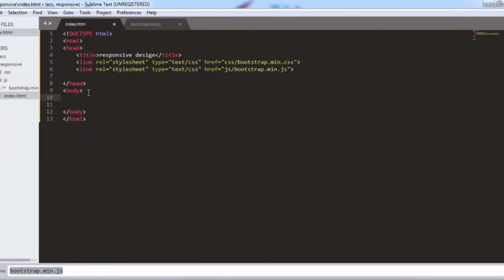And now we will enter in our body and we will style our tag that we are taking, div. So in the div we will take the class and we will take a container.